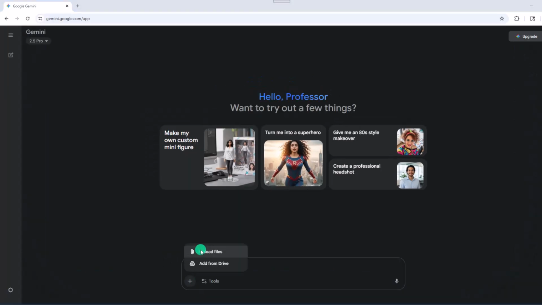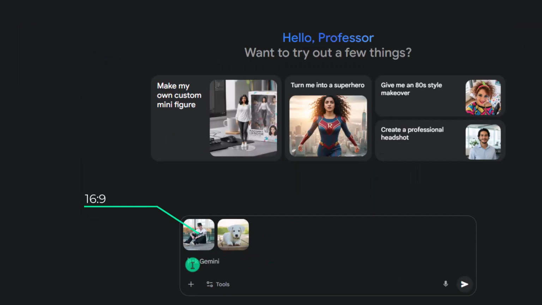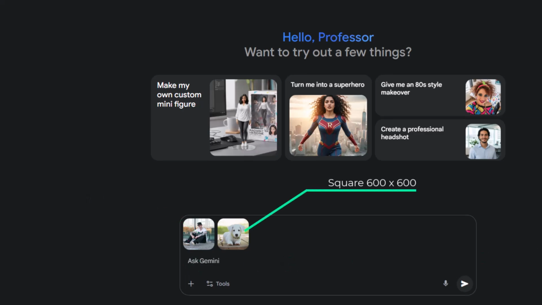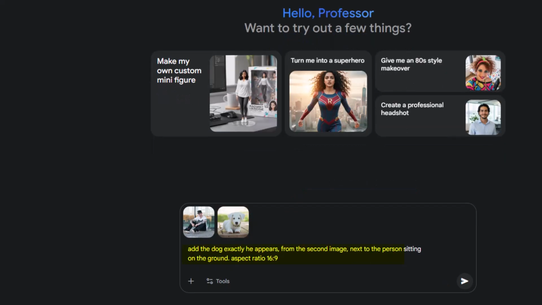For example, let's upload one image that's 16:9 and another one that's completely square. Our first image is someone sitting on the ground with a 16:9 ratio. The second one is a square image of this dog, and it's 600:600. Next, we'll type this prompt into Nano Banana. Add the dog exactly as he appears from the second image next to the person sitting on the ground, aspect